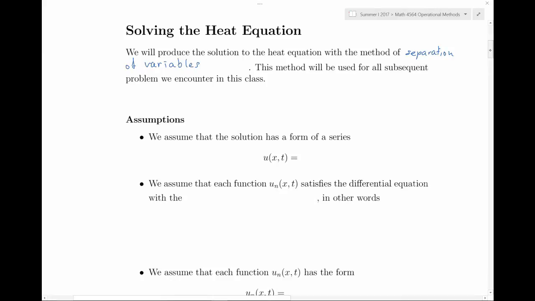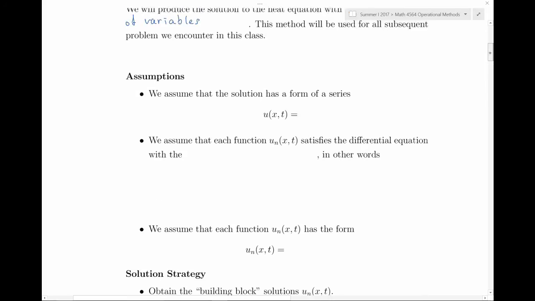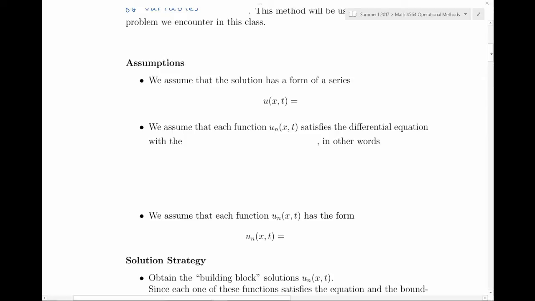This method is based on a few assumptions that we can make about the solution. First, we will derive a series solution, which means that we're going to derive a certain basis, and then the solution to this equation will be a summation of some coefficients times basis functions. I'm not specifying what are the limits of summation for n. They may be from 0 to infinity, from minus infinity to infinity, or say from 1 to infinity, depending on